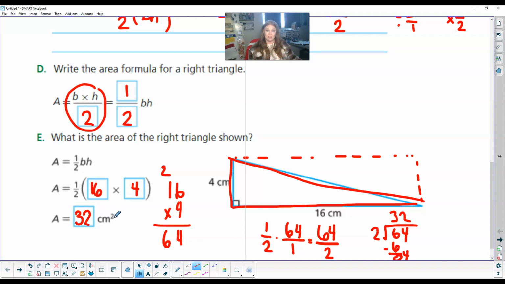It's important we get that label to show that it's squared, because that tells us it's area, how many squares fit on the inside of this. So don't forget, triangles get cut in